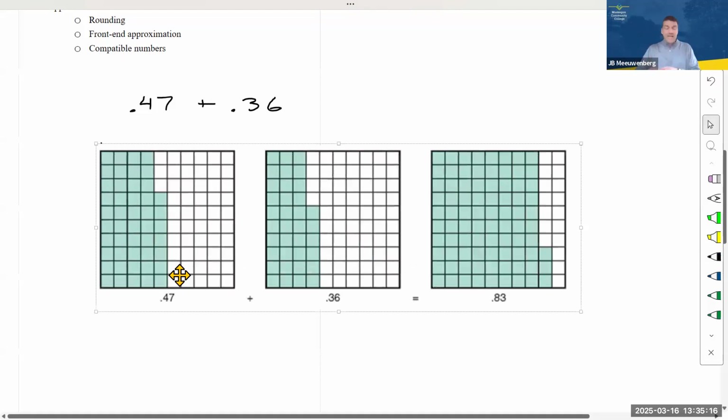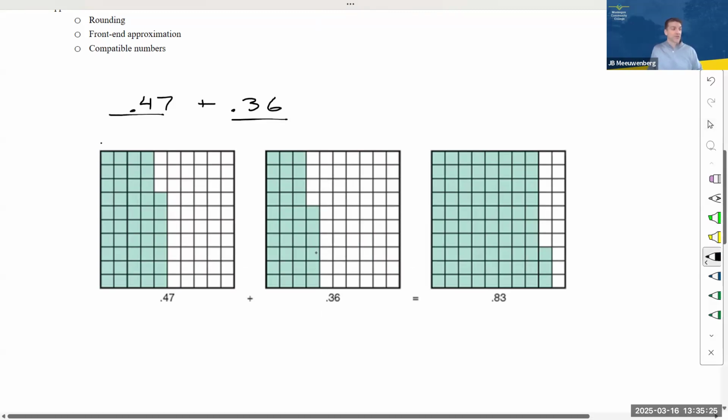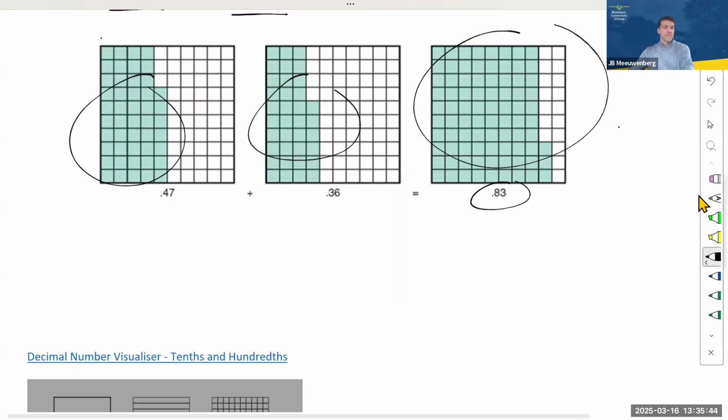On the left, you see 47 hundredths, which is, of course, this number. And we are adding that to 36 hundredths, which is represented here. So it's really the combining of these two area models to get this entire shaded area here, which is 83 hundredths. Of course, we want to link that to the concept as well. And so we can represent this with